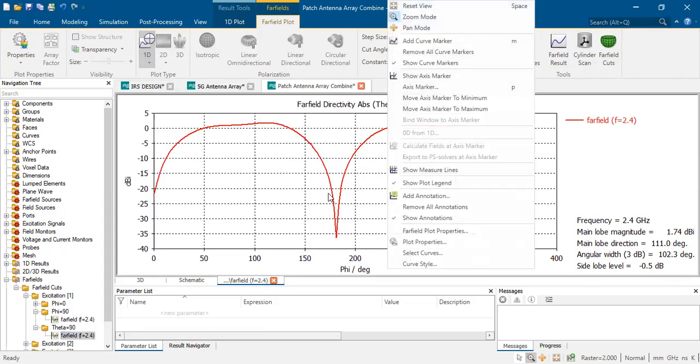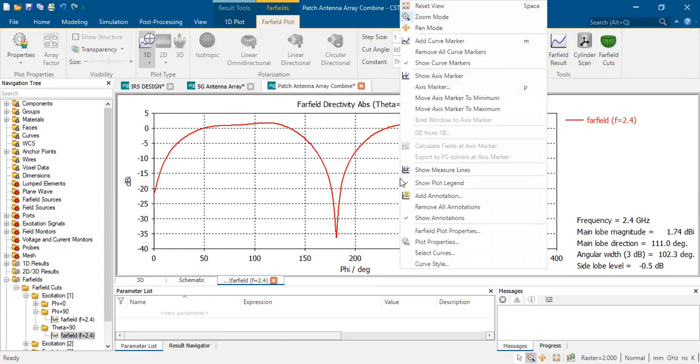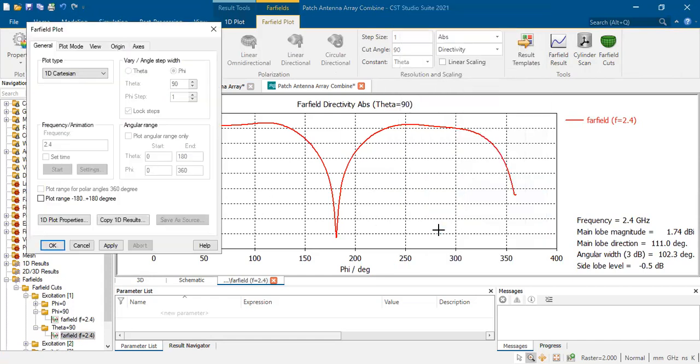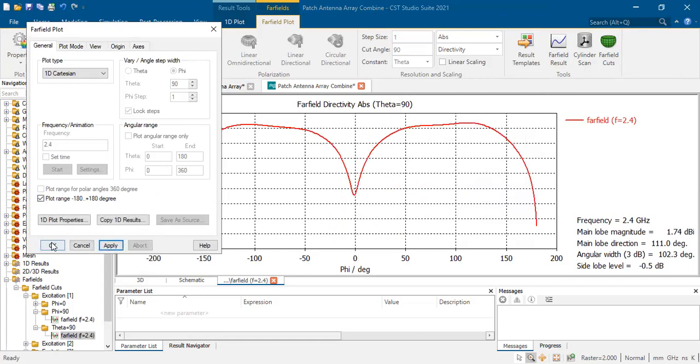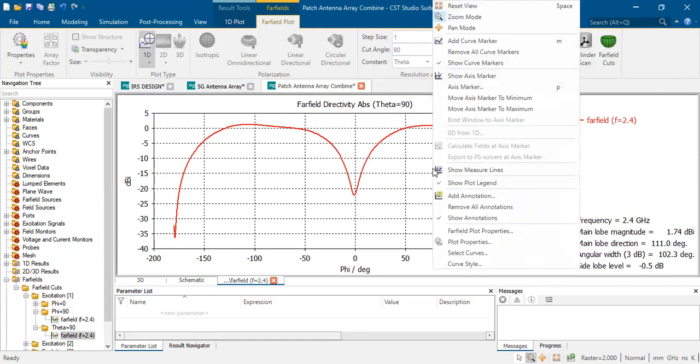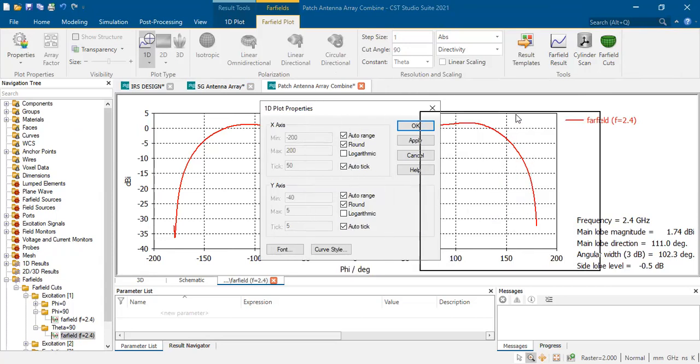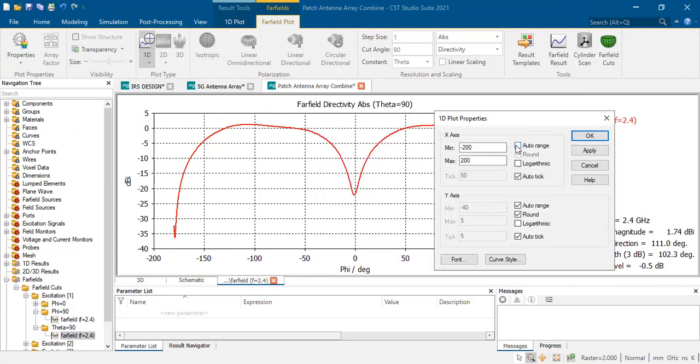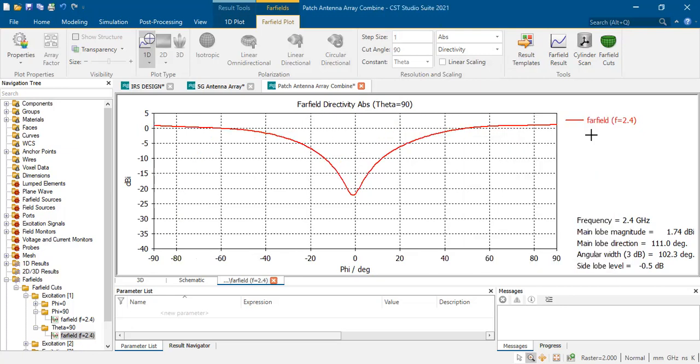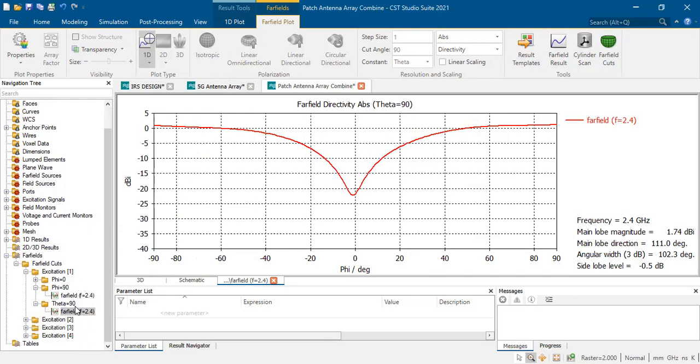If you want to control it, like it is in 0 to 360 format, you can go to far field properties. Then you can use plot range as -180 to +180, and it will become -180 to +180, and plot properties you can control. By default, it will take -200 to +200. For example, if you want to plot only -90 to +90, it will come. This is one option. The second is